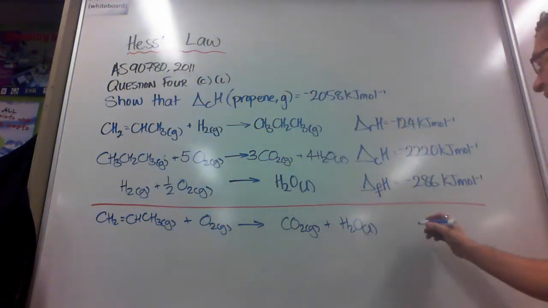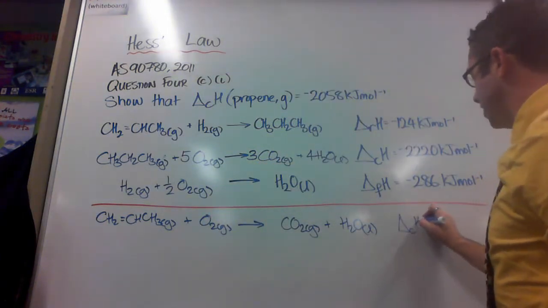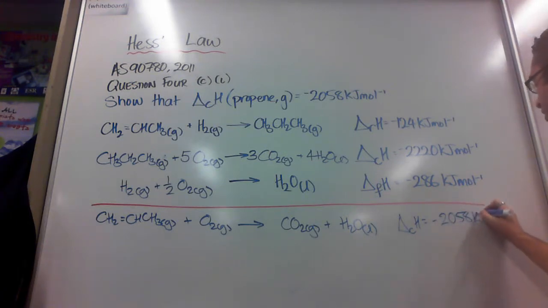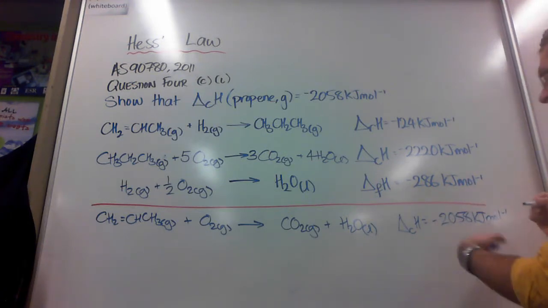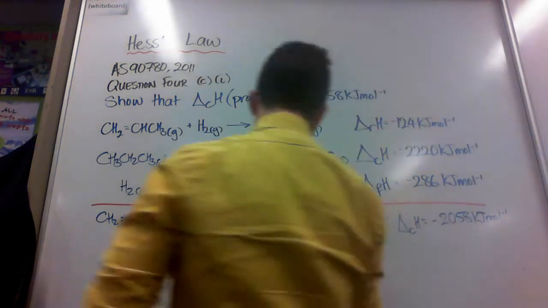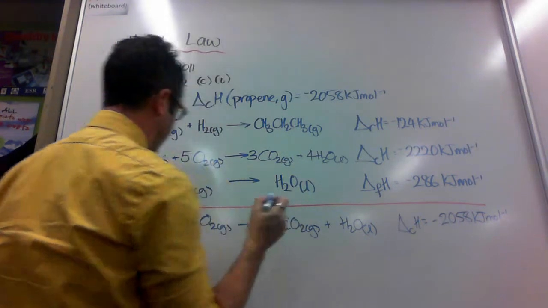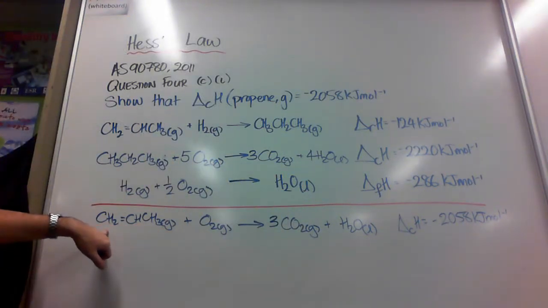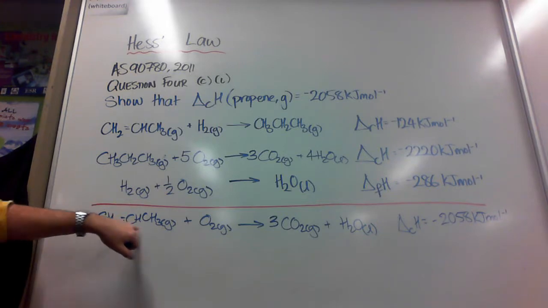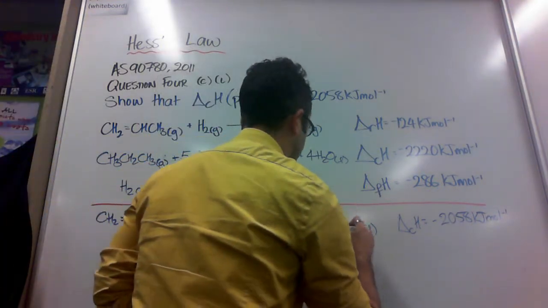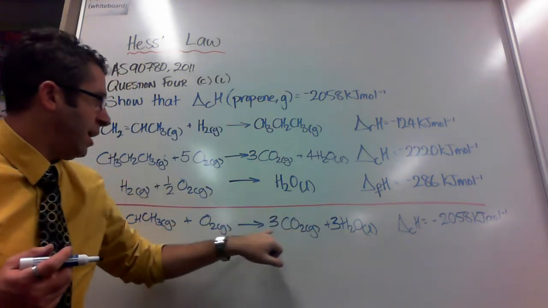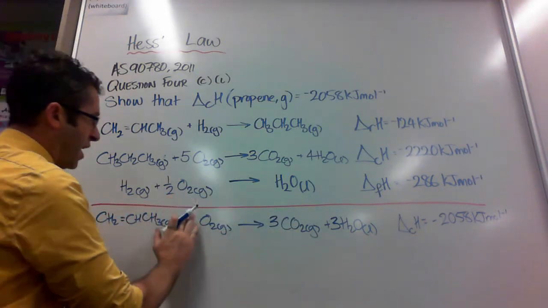And it's telling us that the enthalpy of combustion is negative 2058 kilojoules per mole. So it's already told us the answers. It's actually a proof. I haven't balanced this yet, so let's do that quickly. 3 of those, and this is only going to be 3 H2Os. So we have a slightly different number here. So we've got 3 plus 6 is 9, so I need 4.5